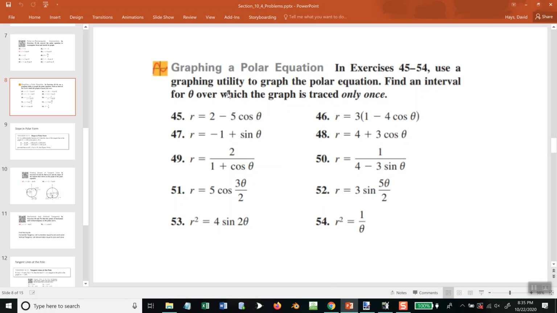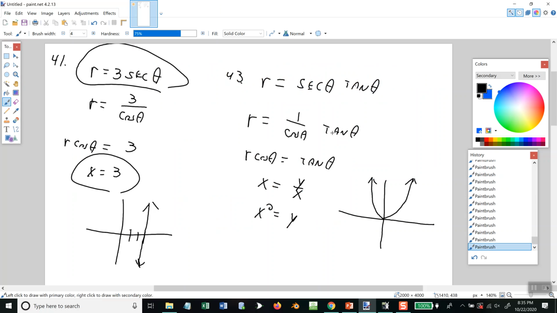I don't think you need to see these. I think you got these. Except, it does say find an interval for theta over which the graph is traced only once. Because that leads into the next section. You know, a lot of problems you don't necessarily, some you can do it. But